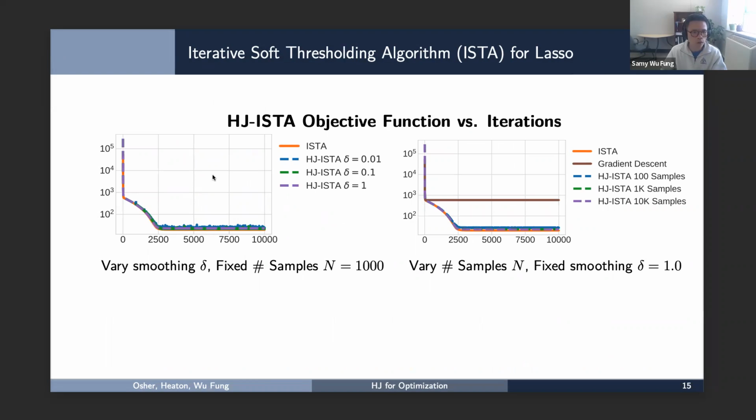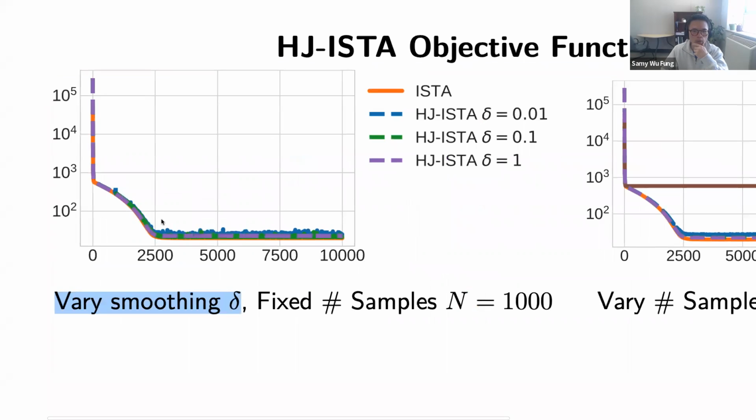And here what we show is how well does it do with the true ISTA. So on the left, all I'm doing is I'm going to fix the number of samples to be 1,000. This is also a 1,000 dimensional problem, by the way. And all I'm going to do is vary the smoothing parameter delta. So I'm going to zoom in a little bit here. And what we see is that first of all, we do comparatively well to the true ISTA, essentially. So if I were to apply the proximal gradient descent with the true proximal, you get this orange line over here. And what we see is that HJ ISTA, this Hamilton-Jacobi based proximal approach,